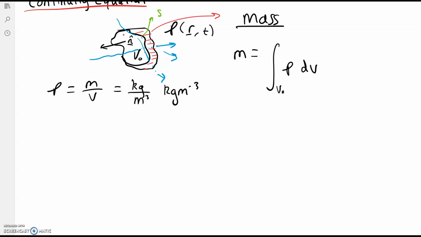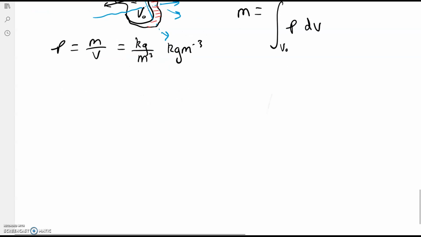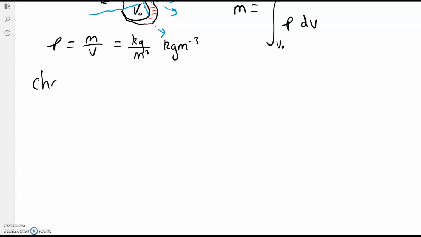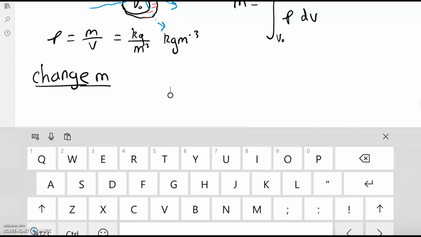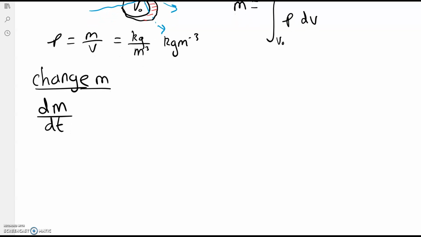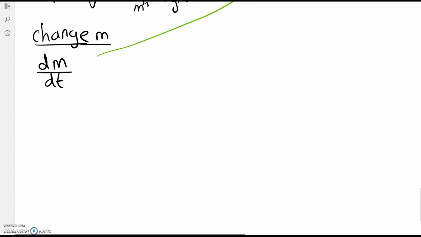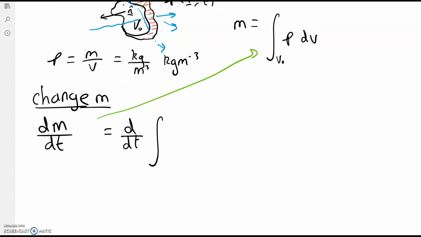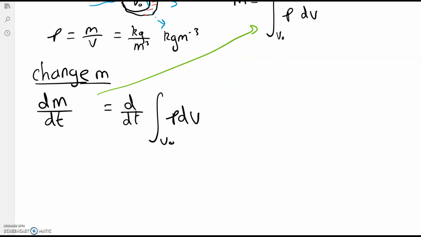And so we can say, well, what is the change in mass at a certain time? Well, the change in mass is dm by dt. But from above, we have that m is equal to this. So this is equal to d by dt of the integral over the whole volume of rho dV. Okay? Now,